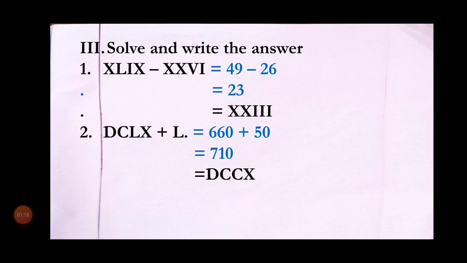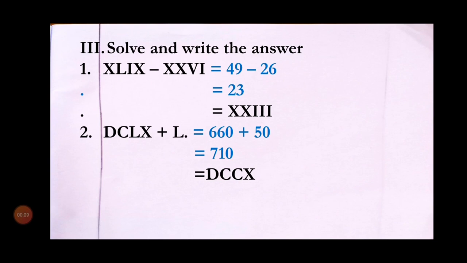First one, XLIX minus XXVI is equal to. XLIX means 49. So minus XXVI is equal to 26. So 49 minus 26, we get 23. Then give the answer in Roman numerals. XXIII. Second one, DCLX plus L is equal to